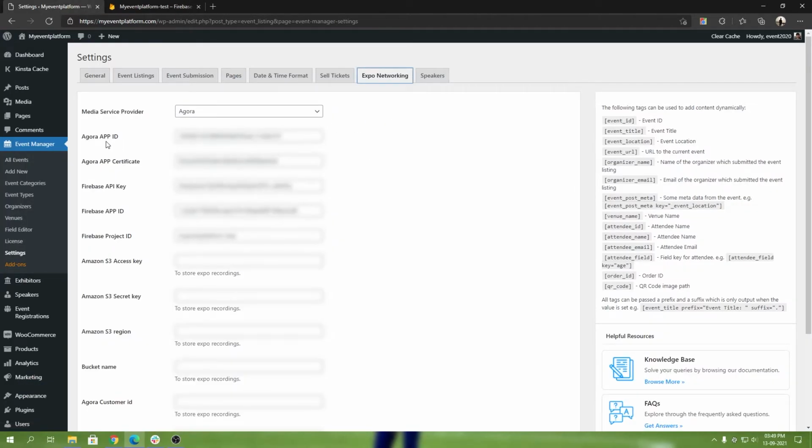Previously we have configured our Agora app, and we got our Agora app ID and app certificate. Now we got our Firebase API key, app ID, and project ID. So now your organizers and you yourself will be able to use the virtual Expo add-on in the front end side. So let's give it a look, and we're gonna go to our visit site section,